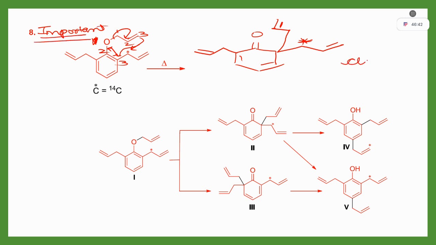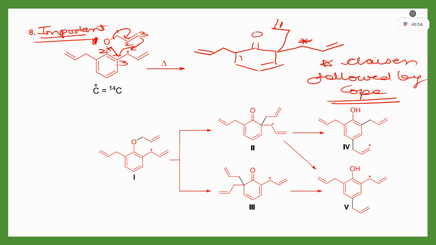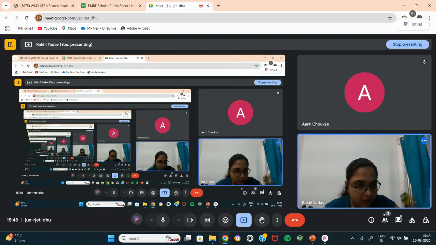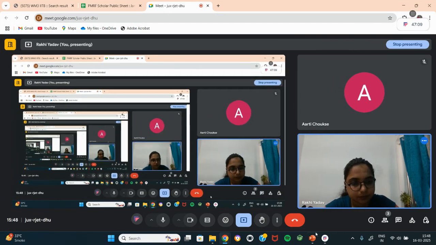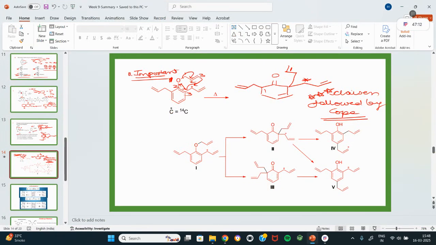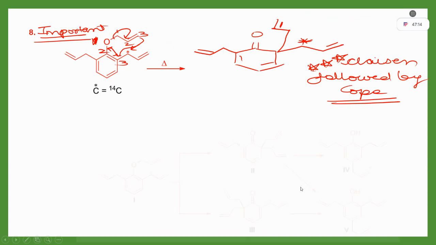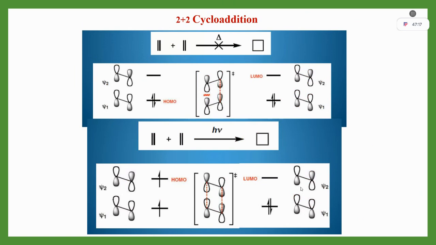This reaction is your Claisen followed by Cope reaction. Understood? Okay. So